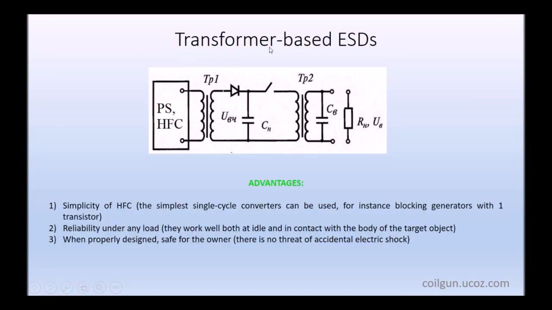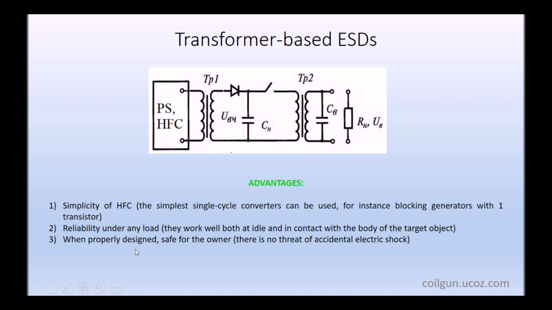Let's go to transformer based ESDs. This is the main scheme of industrially performed shockers. Their advantage is the simplicity of the high frequency converter. The simplest single cycle converters can be used, for example, based on blocking generators with one transistor. They are reliable under any load or without load,